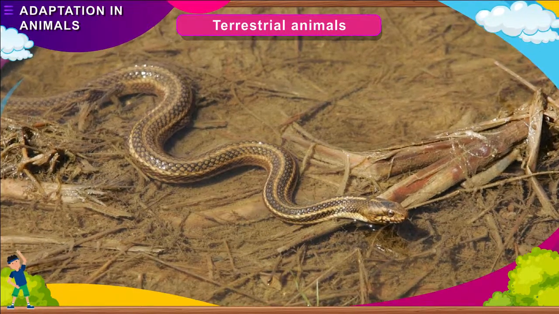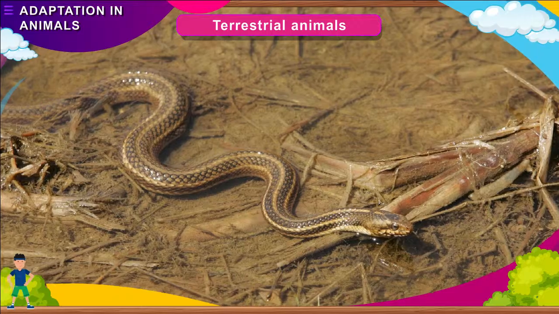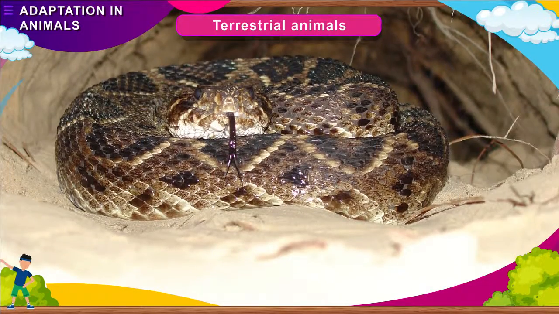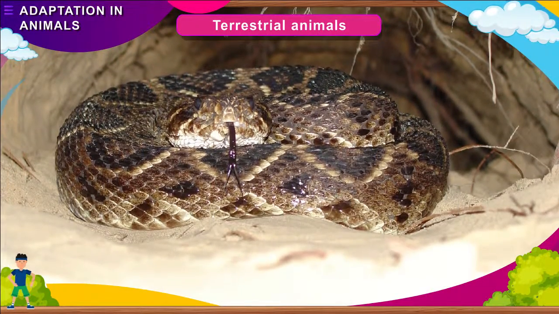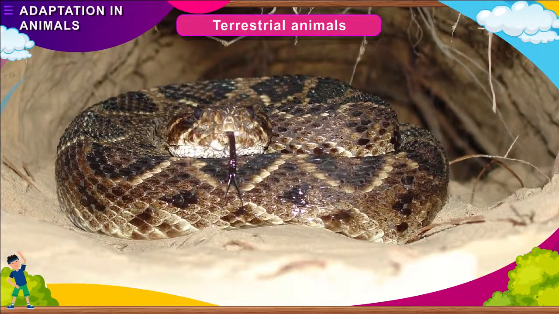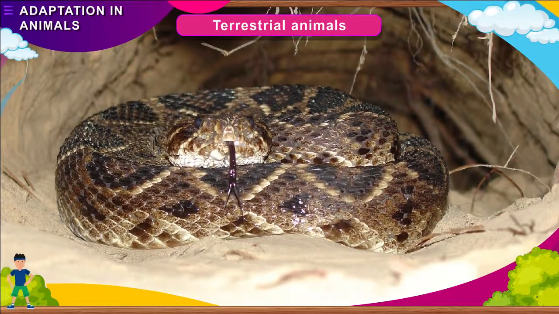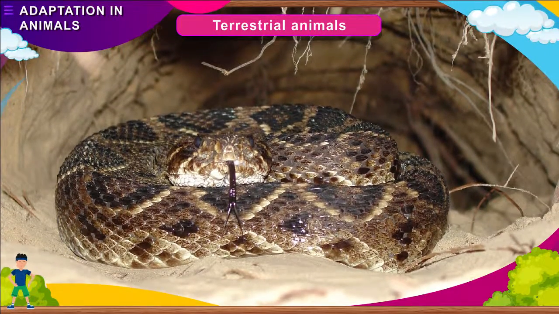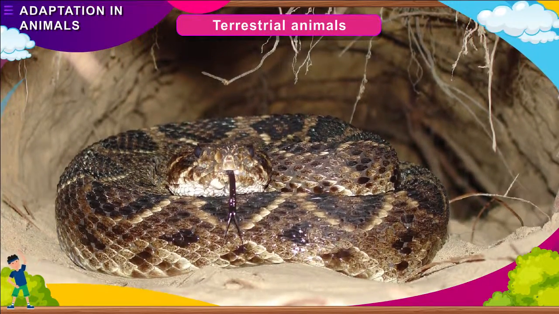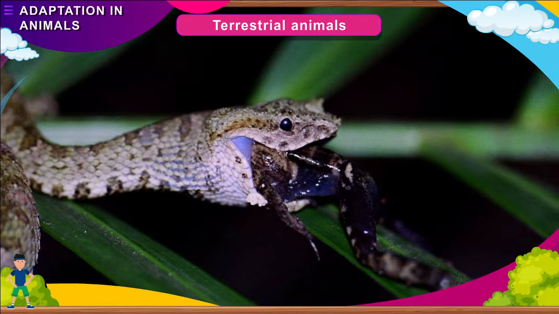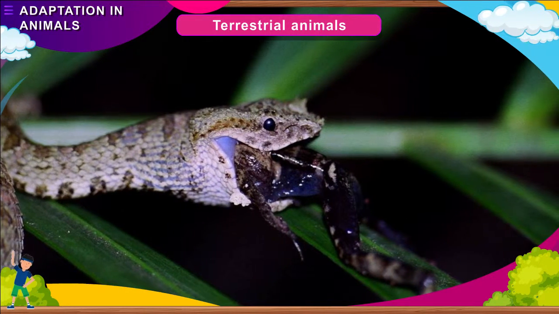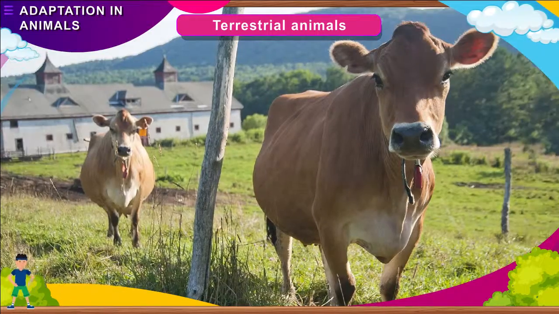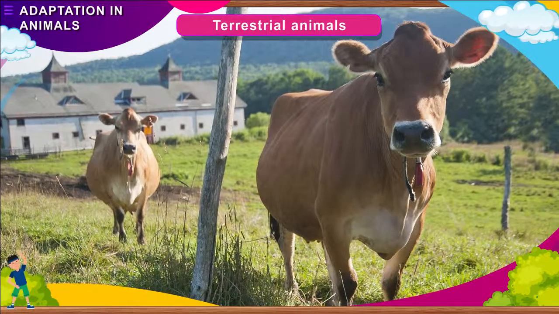Animals like snakes do not have legs. Snakes live in narrow holes in anthills, trees, or holes made by other animals. So, they curve their bodies and use their belly scales to crawl. Animals like snakes swallow their food as they have no teeth. Terrestrial animals breathe with the help of lungs.